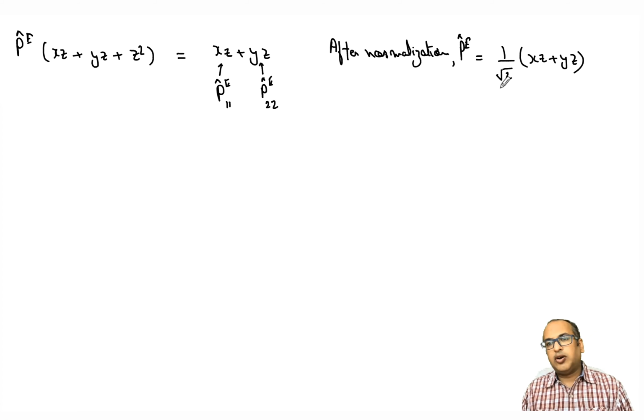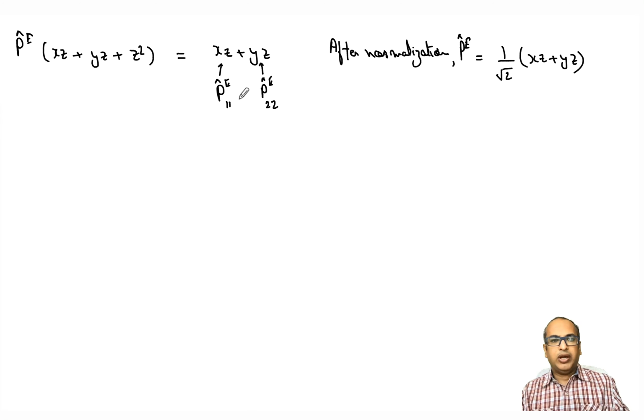So now this is the normalized set of functions which has symmetry, which transforms as the E representation of the C3V point group, right? So all we have done is apply the incomplete projection operator only once, and that has simplified the calculation a lot as compared to what we were doing with the complete projection operator, right?